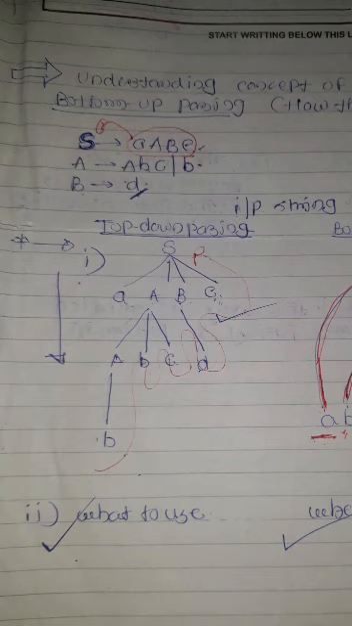In top-down parsing, it always uses the concept of leftmost derivation. So what is leftmost derivation? The production rule is always applied to the leftmost variable. That's why it's called a leftmost derivation, and exactly opposite to